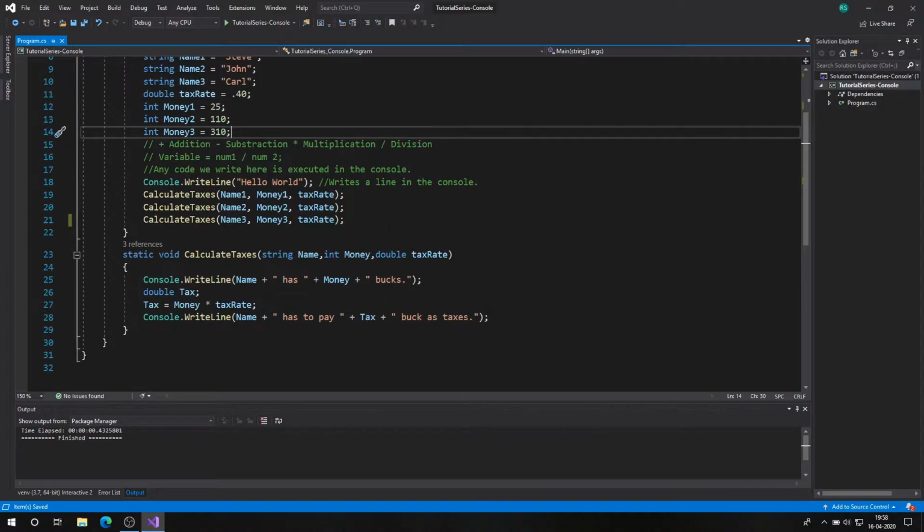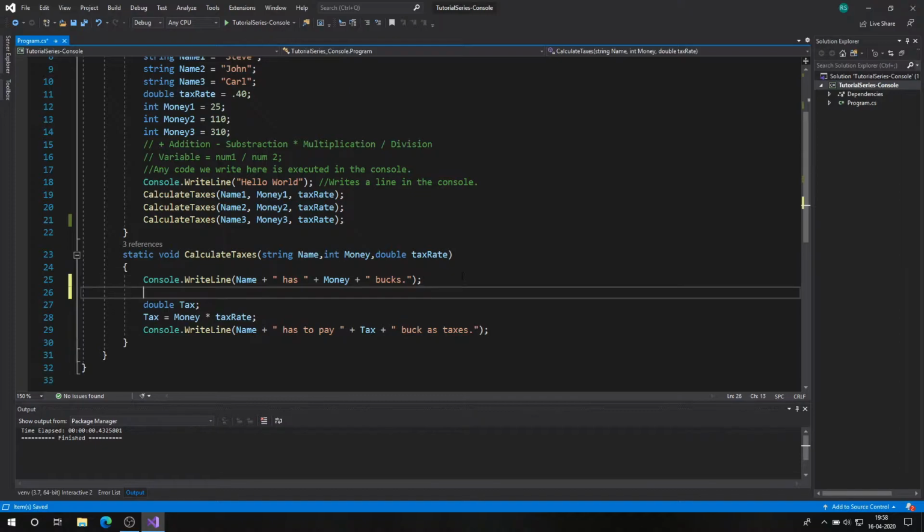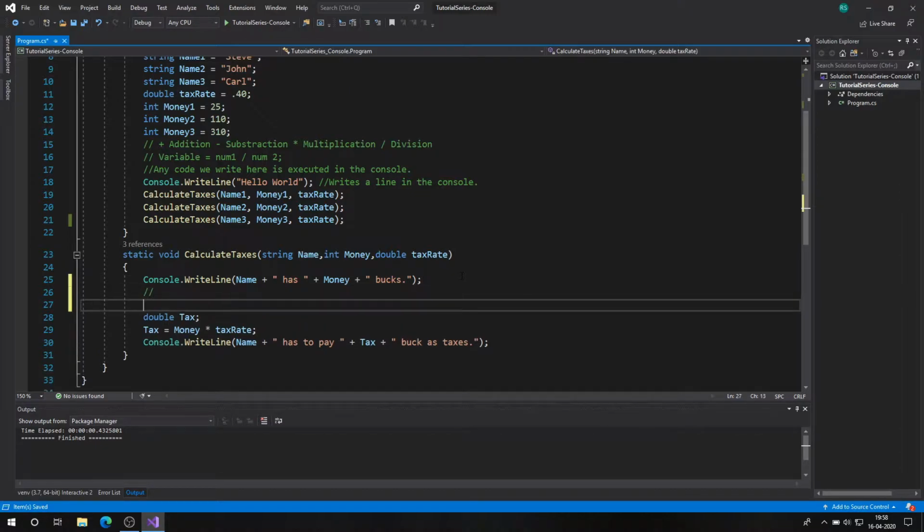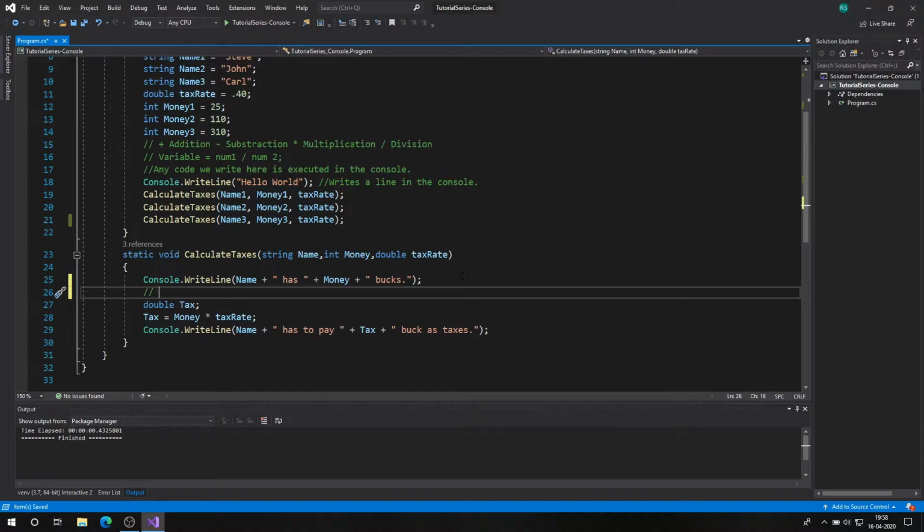So we'll first talk about some operators which are comparison operators. So I'll just make a comment here. To indicate that, if we want to check if num1 is greater than num2, we go like this. This is the symbol we use. Then if I want to check if num1 is less than num2,